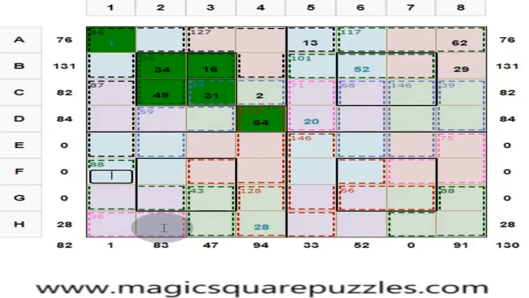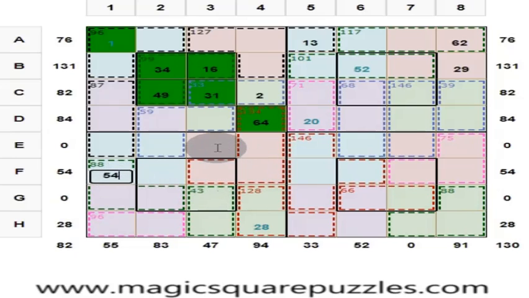Now, can you find out this one? Yes. These 2 numbers are 96, and these 3 numbers are 88. 96 minus 88, you can put it as 100 plus 84, 184. So these 5 numbers are 184. We know these 4 numbers are 130. This is 184 minus 130, 54.